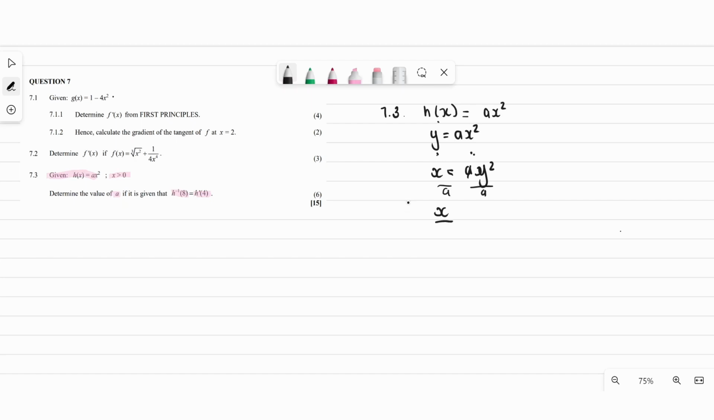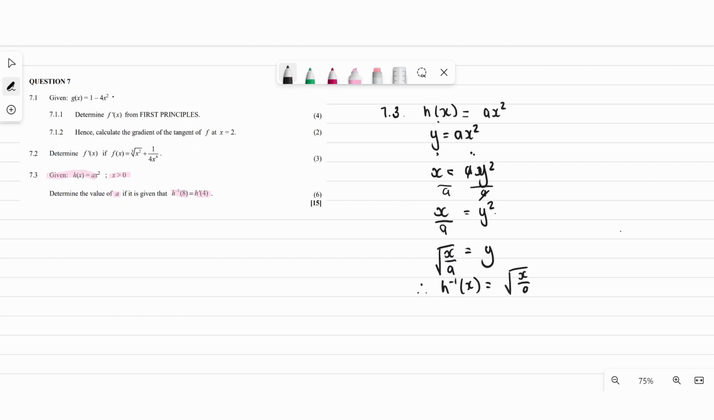So here the a's are going to cancel out. So you're going to be left with x divided by a is equal to y squared. Then square root both sides to get rid of this square. So you're going to have the square root of x divided by a is equal to y. Therefore, this is the same as h inverse of x is equal to the square root of